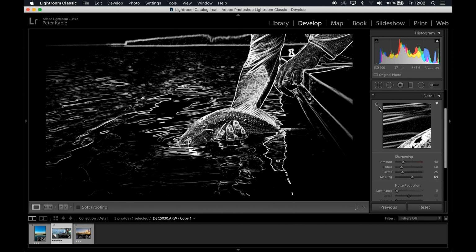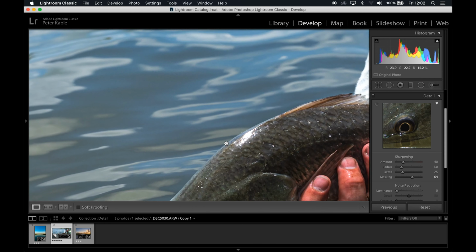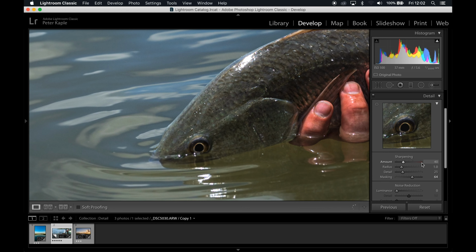Now what we'll do is we'll take this crosshair tool in the upper left hand corner, and we're going to click on the eye of the fish, and you'll see that it changes what the focus point is in the detail panel. And to help you guys see, I'm going to actually zoom in on the image into the same area. Now what we're going to do is we're going to go to our amount slider,